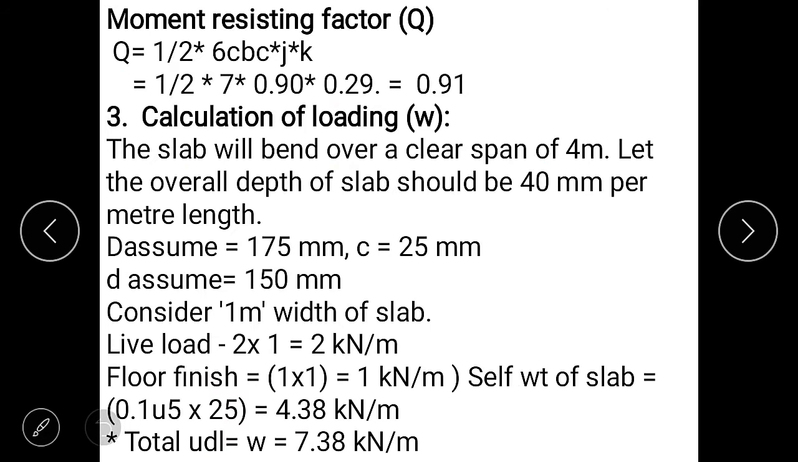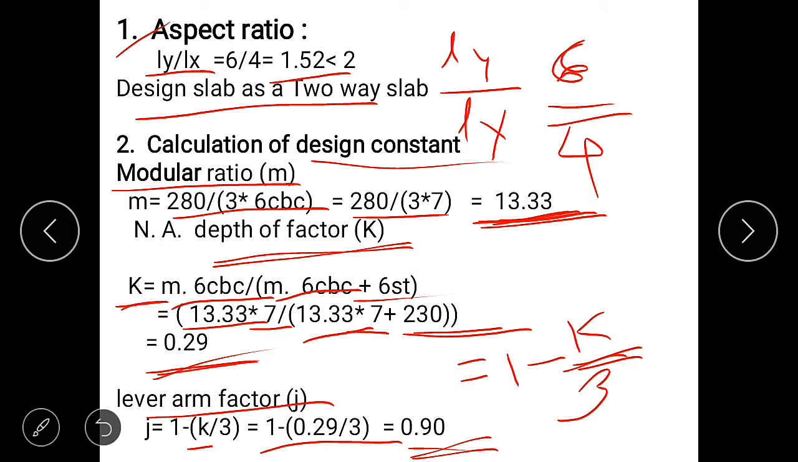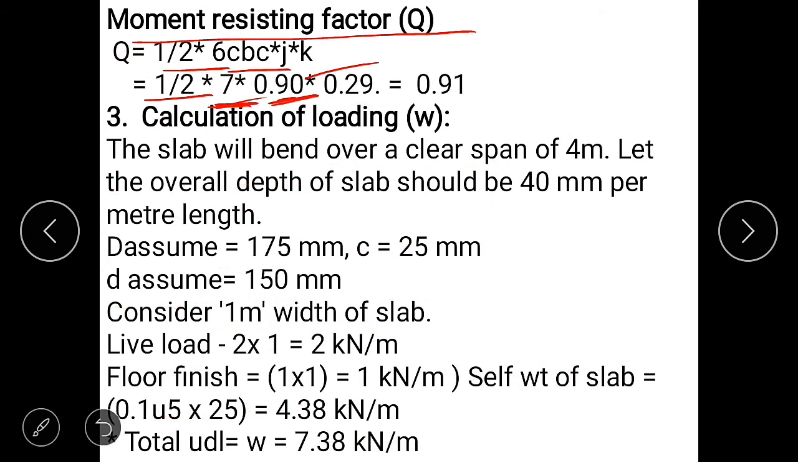Next, we have to find the design constant, the moment resisting factor Q. The formula to calculate moment resisting factor is 1 by 2 into sigma CBC into J into K. Sigma CBC means permissible stress in concrete, which is 7, J means lever arm factor, which is 0.90, found from 1 minus K by 3, and K is the depth factor, 0.29. So Q is equal to